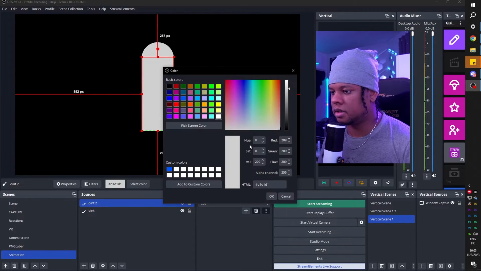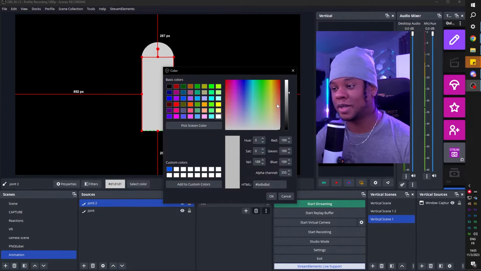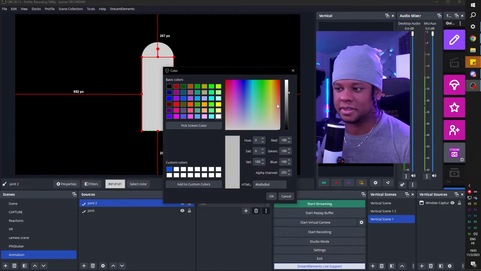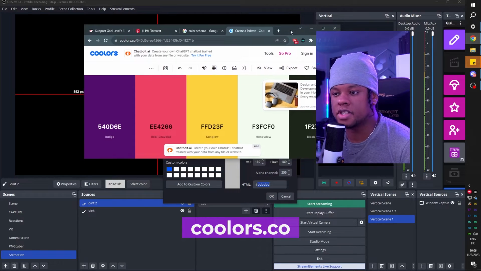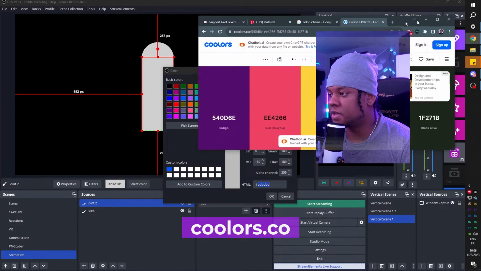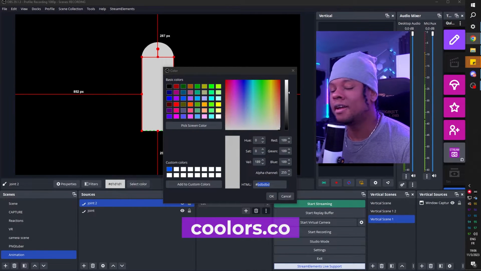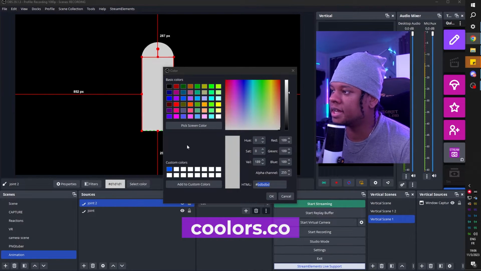I'm gonna click select color. We're gonna change the color just so we can really see what we're doing. Actually, I should pick like a cool color scheme just so that the video is more interesting to watch. Let me do that. I'm using coolers.com to generate some palettes. You can just press the space bar. It will generate a new palette. Look at that. You're already learning. I'm doing something that is not practical, but you learn where to get color schemes, where to get color palettes